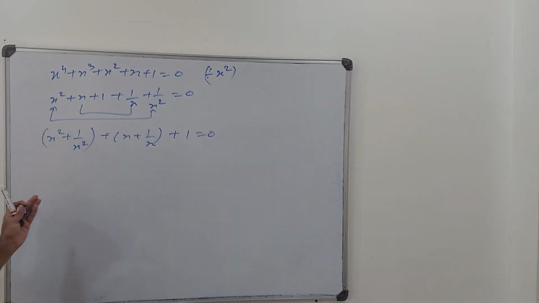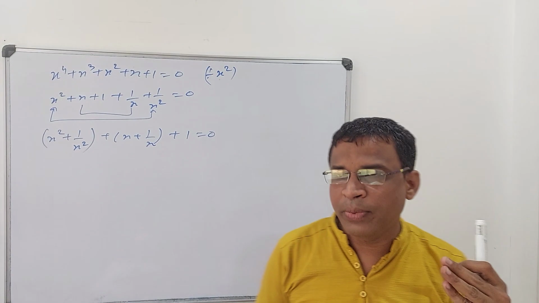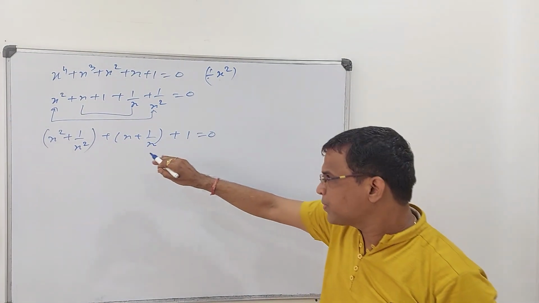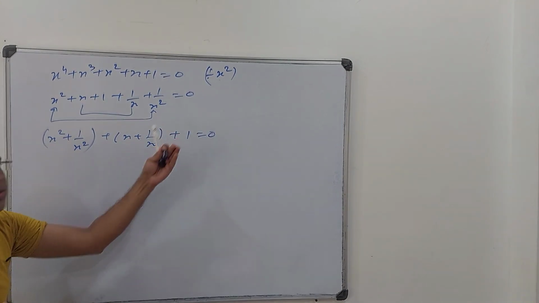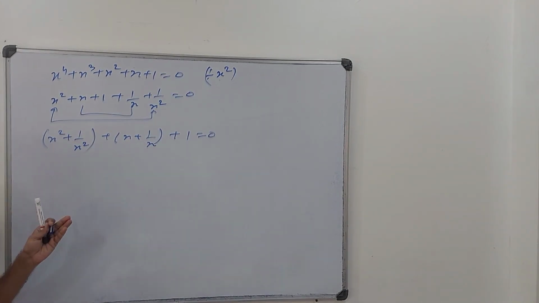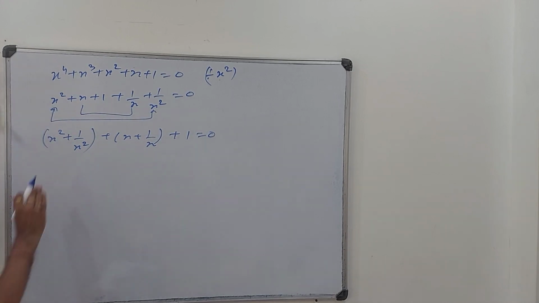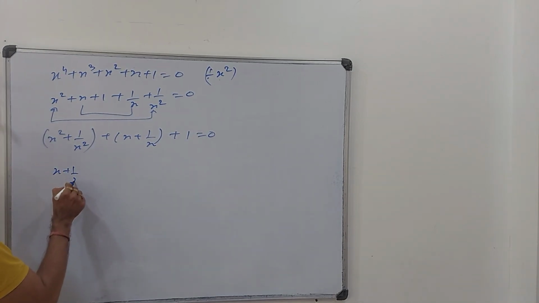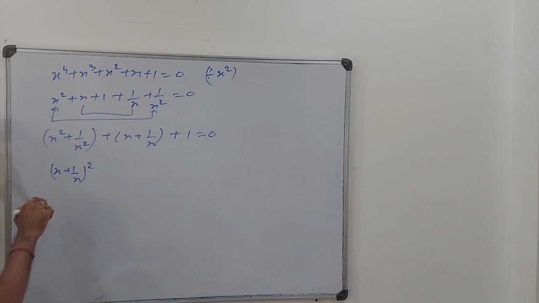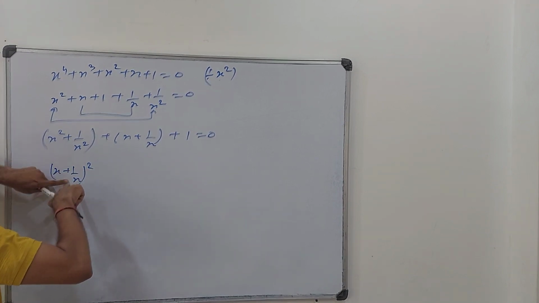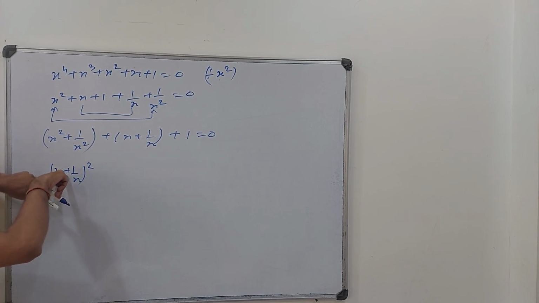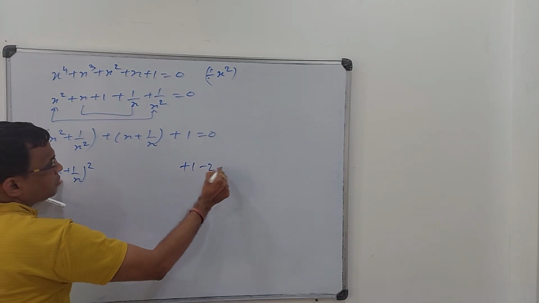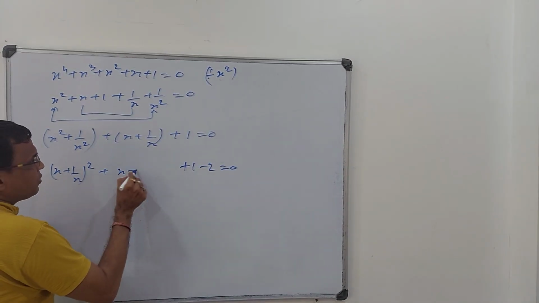Fine. I hope that somewhere in 9th standard polynomial topic you would have done this. Now I can substitute x plus 1 upon x with something, but here it is not x plus 1 upon x, so I can convert this into that form. I can write it like x plus 1 upon x whole square. How? Check out, the expansion is x square plus 1 upon x square, that is there, but I got an extra plus 2, the middle term twice ab. So the plus 2 which I got, I will adjust it. So it will be like this.